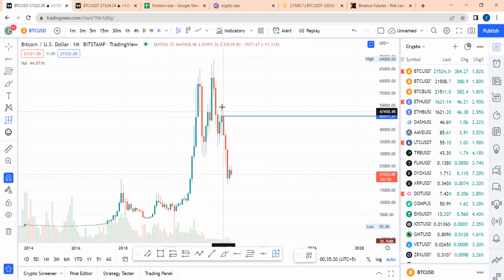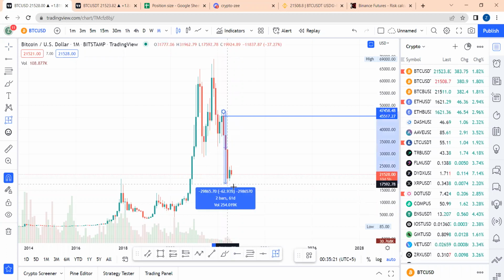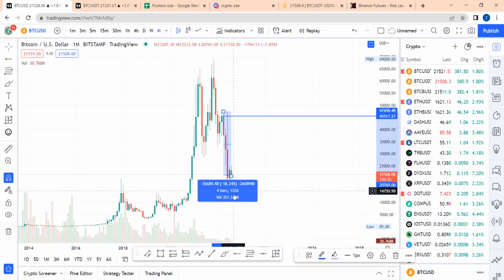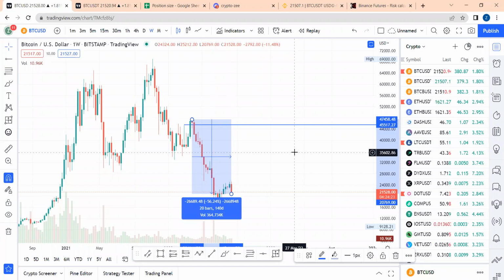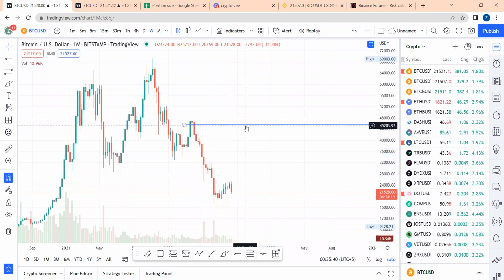I'm going to take 5 months or something. Yeah, 150 days or something. Yeah, so that's like 130 days. So the 4 or 5 months. So you can see how long lasting this bear market can be. It's actually 140 days. So don't think it will be over soon, but that doesn't matter, because in